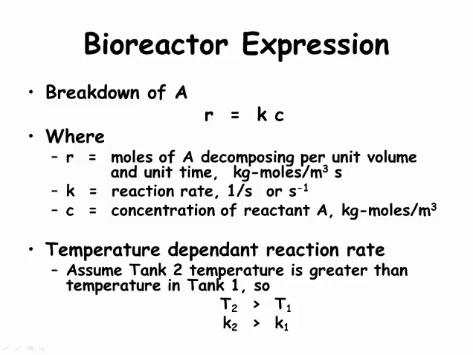Reaction rates K1 and K2 are temperature dependent. For this analysis, we will assume that tank 2 is warmer than tank 1, so that the reaction rate for tank 2 is higher than the reaction rate for tank 1. Presumably, there is a tank heating system that is keeping the two tanks at their desired temperatures. We could write transfer functions for the temperature control system, but we will do that another time.